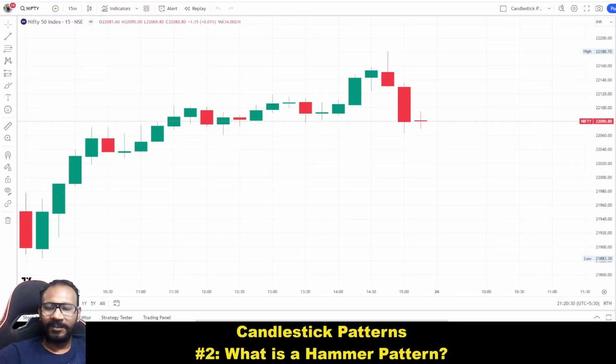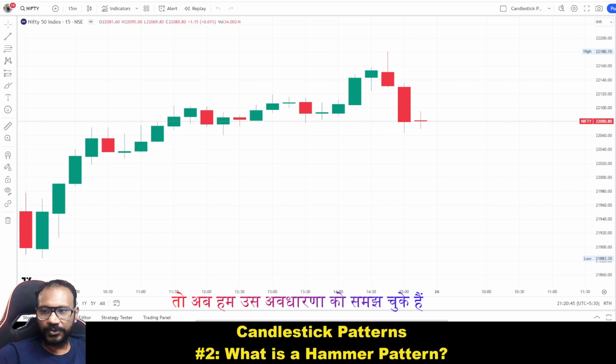Hello again. In the first video, we have seen what is a candle and what are candlestick patterns, how to draw a candle, and what are the critical components of a candle, like high, low, open, and close. So, having understood that concept, now we are going to explore the first pattern in this series, which is the hammer